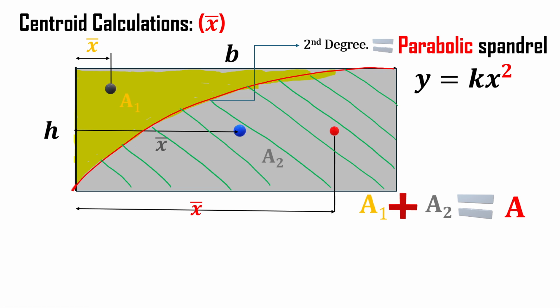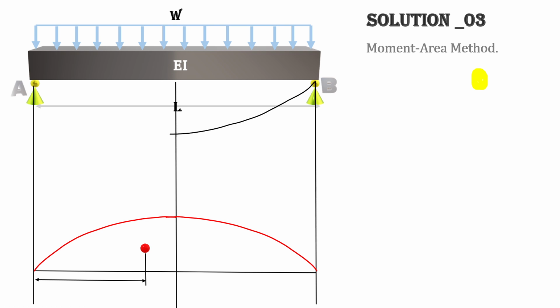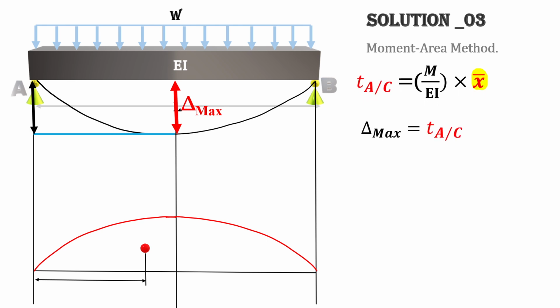So if you remember, for centroid calculation for such a thing, we had x bar. X bar is the centroid for this part, and that's 5 over 8 times b, and b is the length of our rectangle. So if that's the case, we apply the same thing to our calculation. Delta maximum is the tangential deviation of A with respect to C, and that's equal to M over EI times x bar. For x bar, if we apply the previous note, x bar is 5/8 of b, which is L over 2 for our case. So we get the centroid